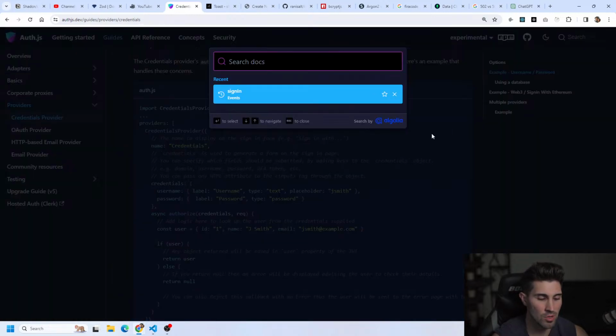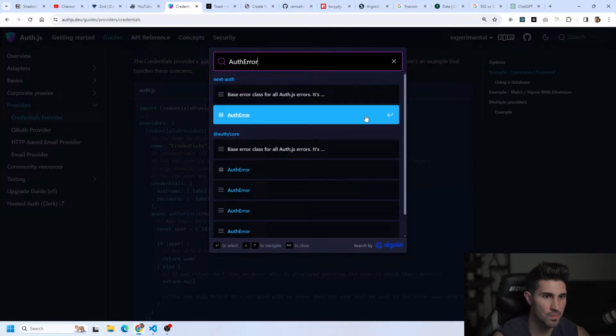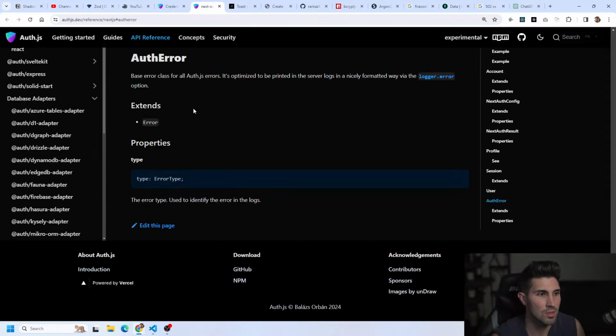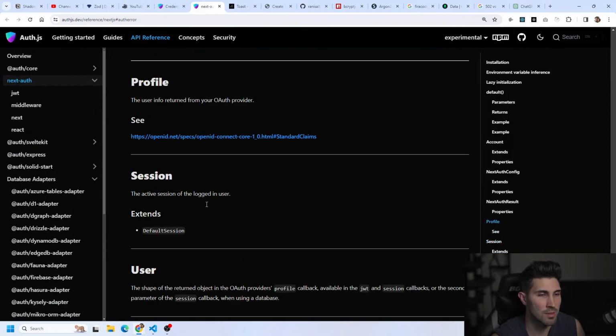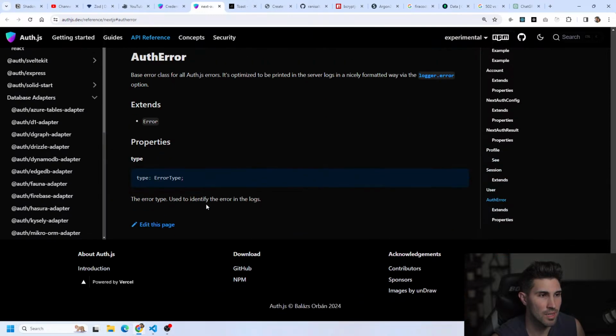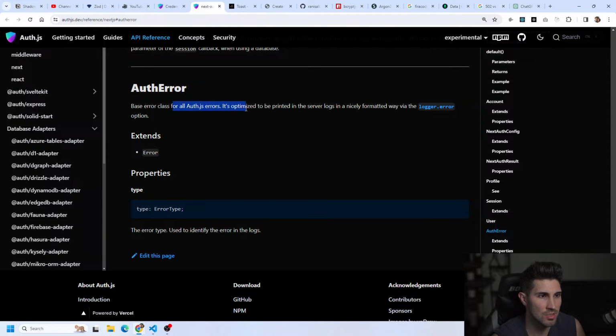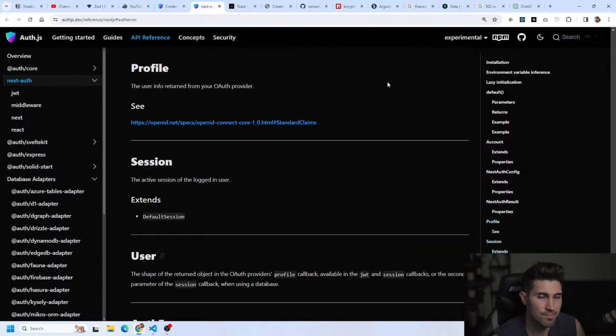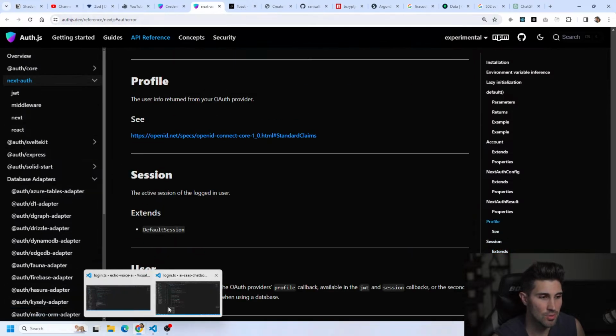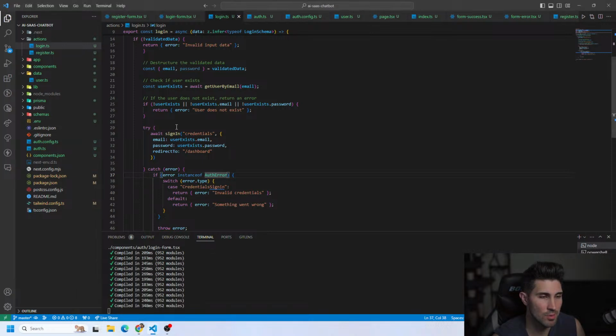So if we search for, let's see, AuthError. Where am I right here? Your NextAuth base error class for Auth.js errors. It's optimized to be printed in server logs in a nicely formatted way via the logger.error option. So type is error type, the error type used to identify the error in the logs. AuthError. Okay, so that's for the console of that. And then we do a try here, sign in with the credentials. And just to make sure everything's working good,